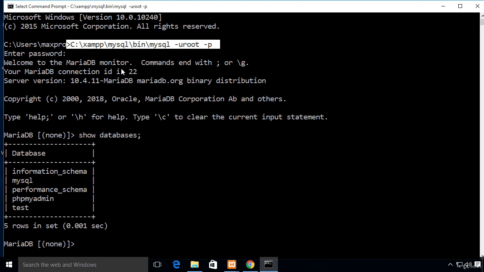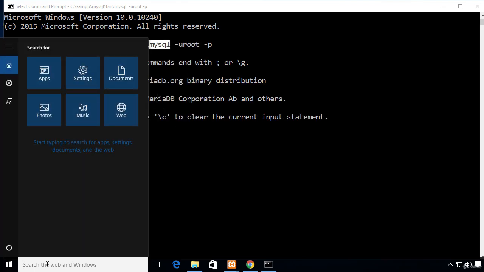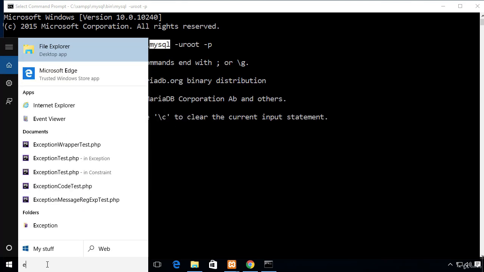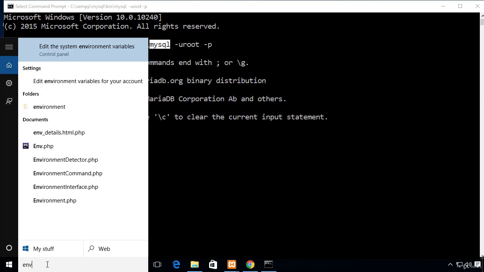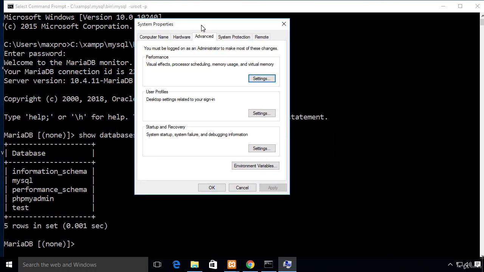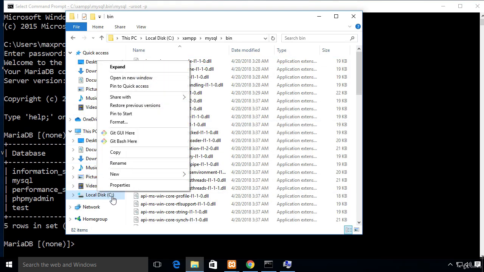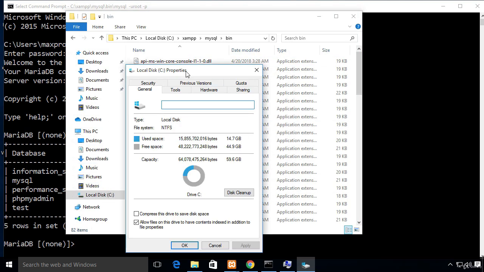And I also want Laravel to be able to find this executable so we can use MySQL. Okay? So I'm going to go here to the search for Windows and I'm going to do ENV, and that's going to give me this edit the system environment variables. So this is available in system properties right here. You right click here and you can get that